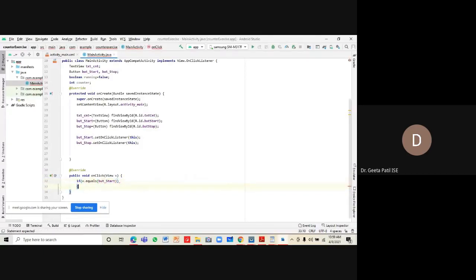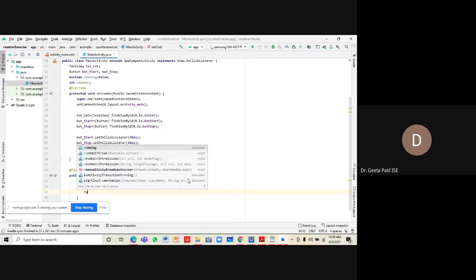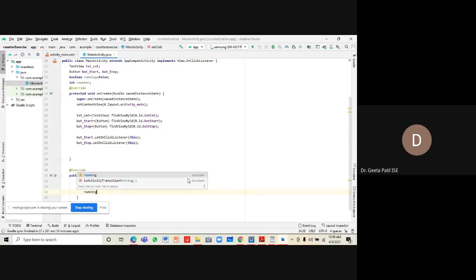Yes, if it is equal to button start, we just make running equal to true. That's all.